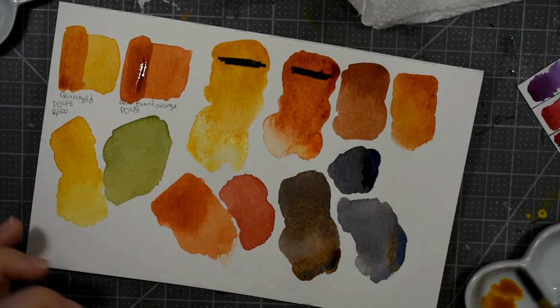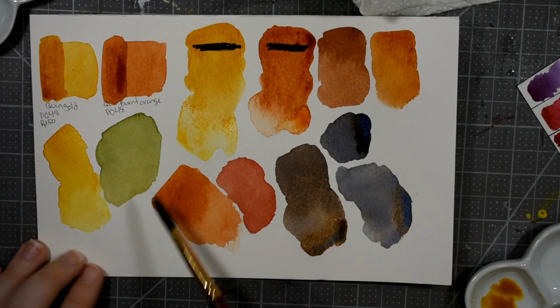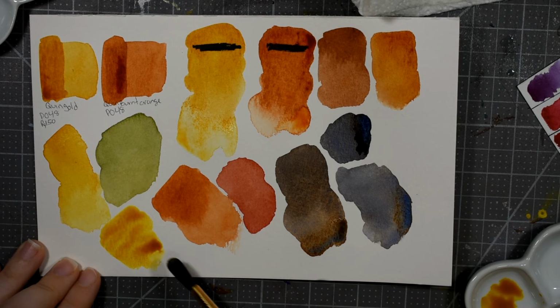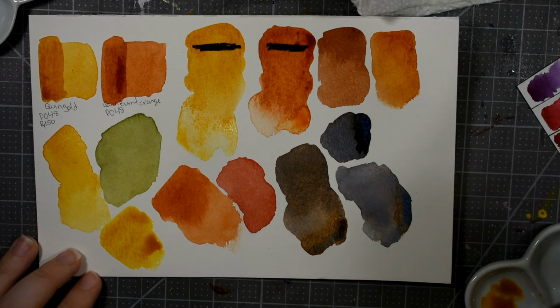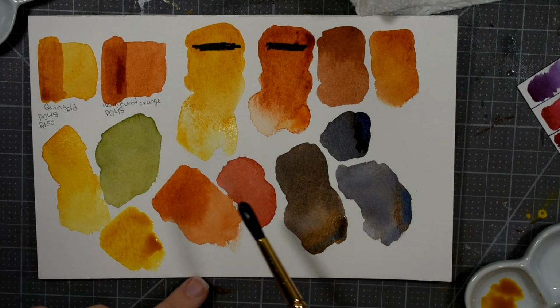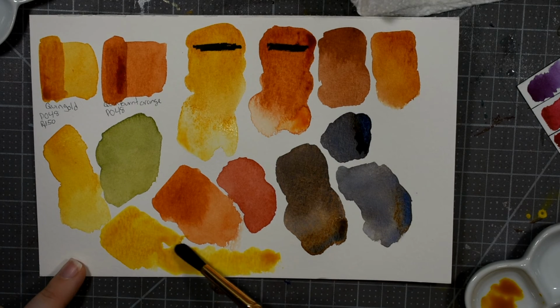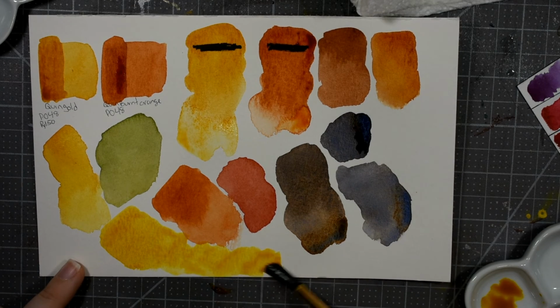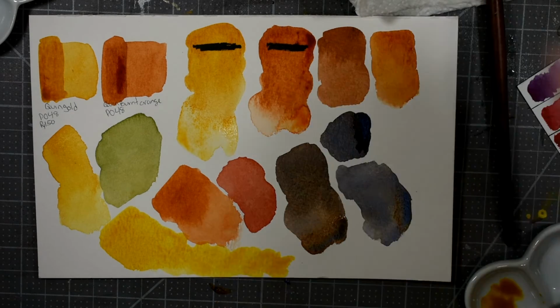Alright, and because I cannot leave you guys hanging, here is, and I'm running out of room on this paper, here is M. Graham's Quinacridone Gold, and just look how rich that is. Oh, that's so rich and pretty and lovely. Let me go ahead and kind of shear it out, as you can see. Out of all of the ones that I have swatched,